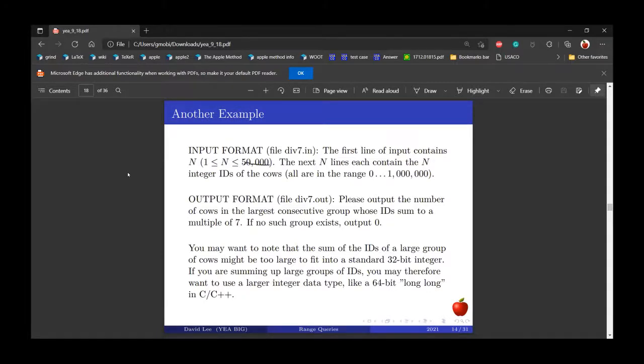And if we just brute force and loop through all possible subarrays, there are n squared subarrays, and 50,000 squared is too big. But luckily, what we can do is